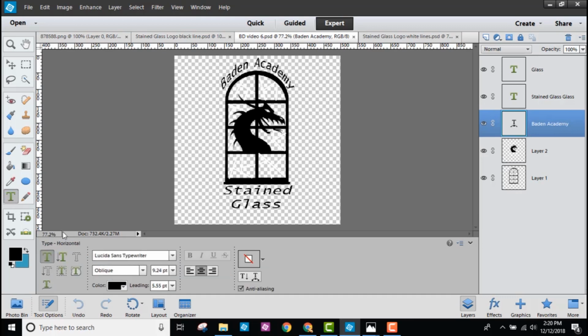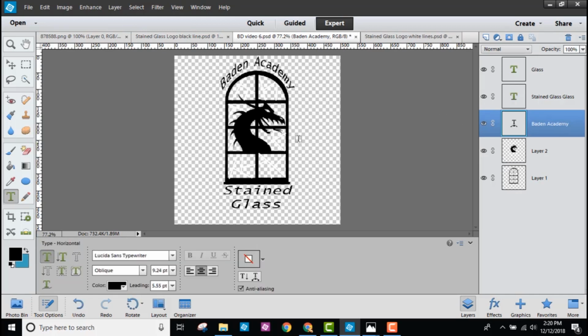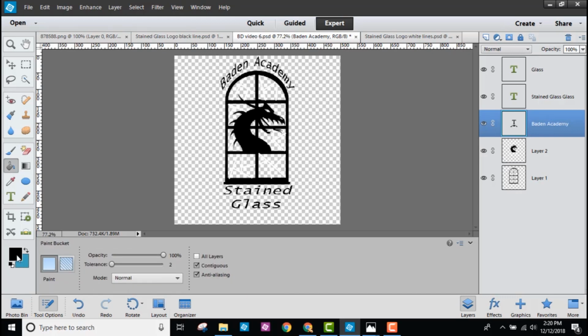You can do this by clicking text, making a text box, and then down here you see this little T with a curved line under it. You click that and you can change how curved it is. Also put multiple layers so that I have a text, two different shapes, and then I have these little lines inside. Next thing I do is I get the paint bucket and I pick some colors that I want to